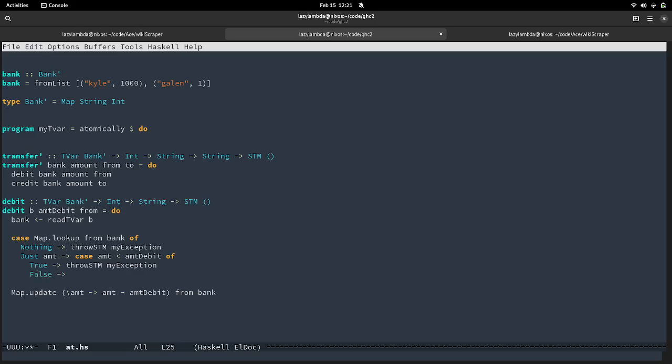But in this case, in the case of it being false, that we actually have more money than we're trying to debit, we are going to write to the TVar. So write TVar.